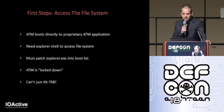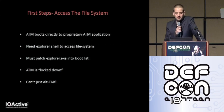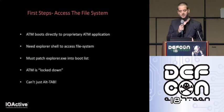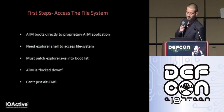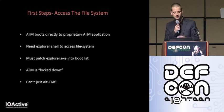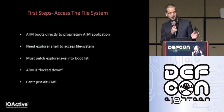So before we can even think about giving the guy from Terminator 2 a run for his money and actually start devising attacks, the first step is to be able to interface with the ATM itself, gain access to the file system, and then with access to the file system, we can pull the executables off to do some reverse engineering. Now, unfortunately, when the ATM boots, it boots directly to a proprietary application,